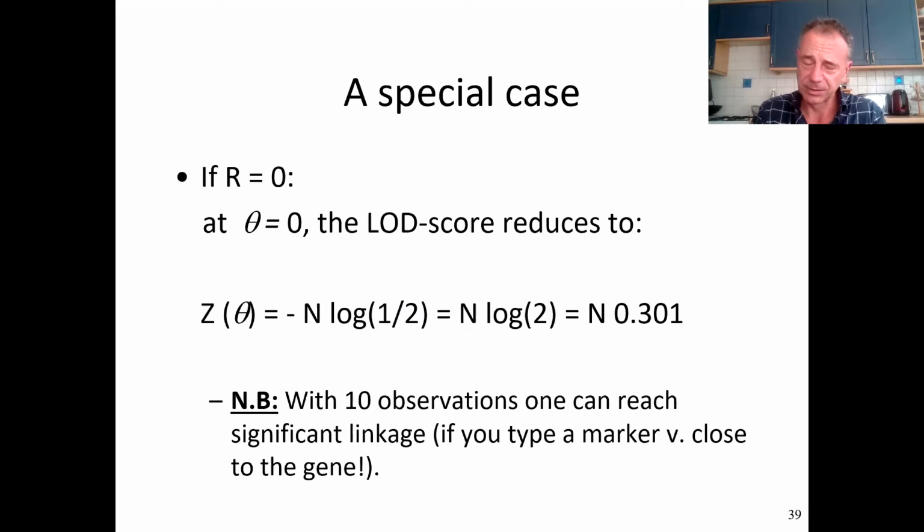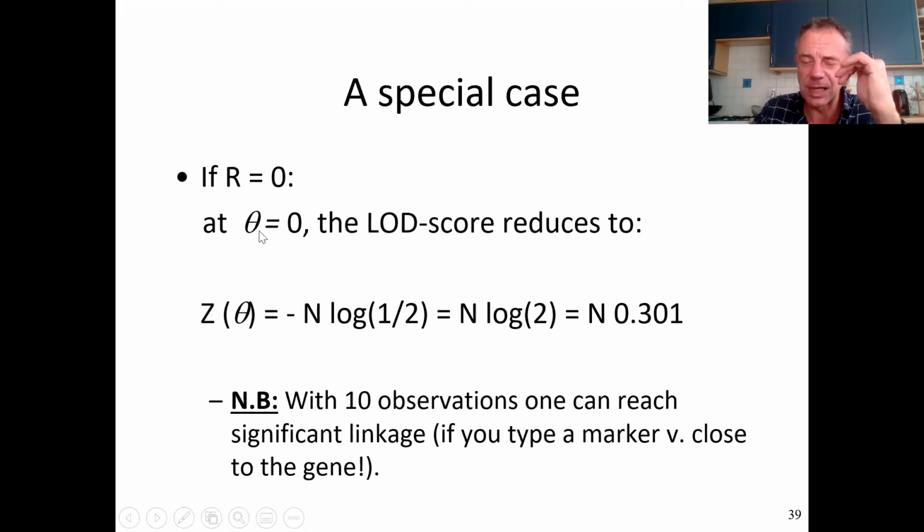There is one exception for the p is 0.0001 thing for a LOD of 3, which is that you can get a LOD of 3 from just 10 meioses. So if we imagine that we have 10 meioses and we don't see any recombinants, so recombinants are 0, then the LOD score is going to be